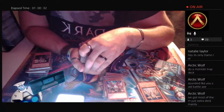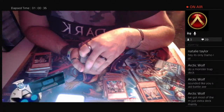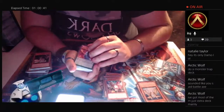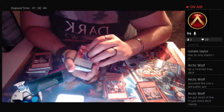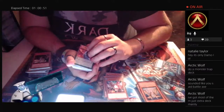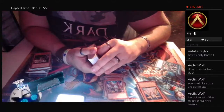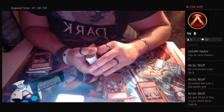I've got most of the main, just the extra deck mainly. Yeah, there's a lot of main deck cards for the Super Heavy Samurais. I mean, a lot of options. I think there's just as many options with the Super Heavy Samurais for the extra deck as well. But on the flip side, it's a weird deck because you attack in defense position, and